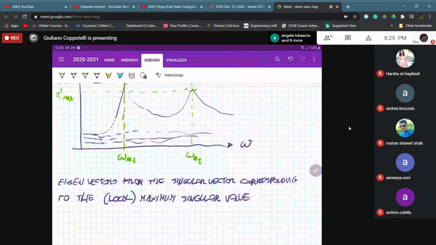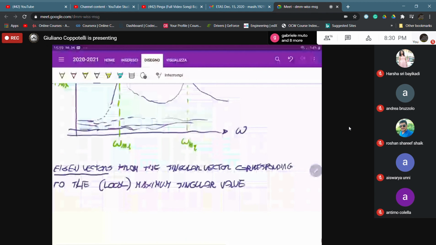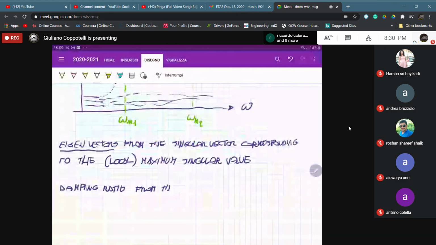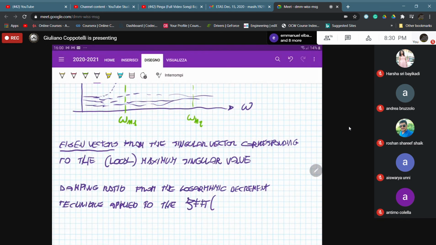Finally, so eigenvectors, natural frequency, the damping ratio, that is the last parameter: damping ratio from the logarithmic decrement technique applied to the inverse Fourier transform of your Gxx of omega evaluated across the just identified